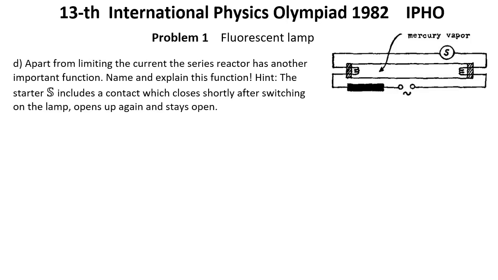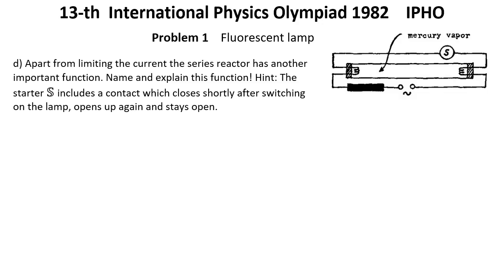Question D. Apart from limiting the current, the series reactor has another important function. Name and explain this function. Hint. The starter S includes a contact which closes shortly after switching on the lamp, opens up again and stays open. Solution. By opening the contact in the starter, a high induction voltage is produced across the series reactor, provided